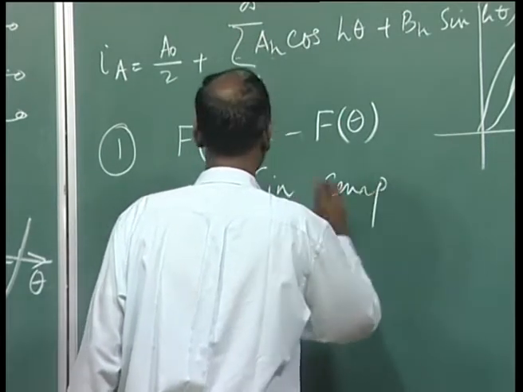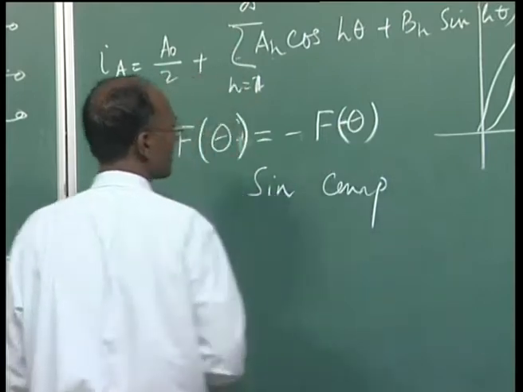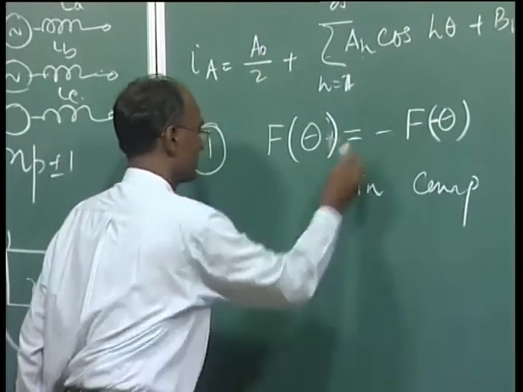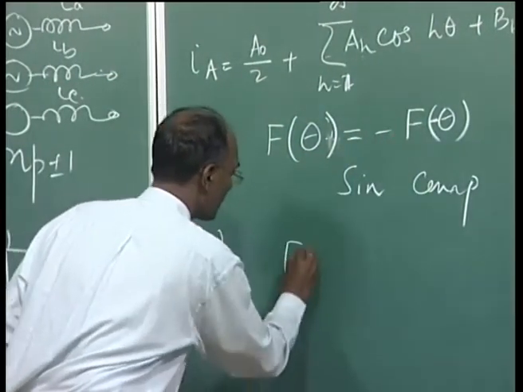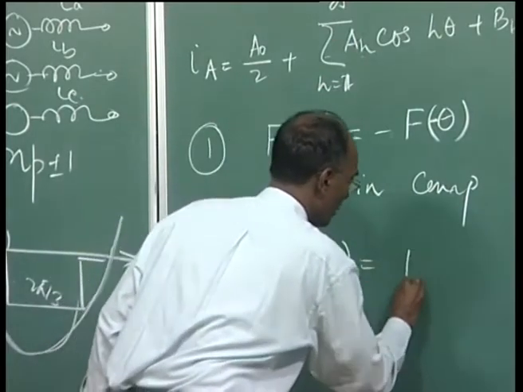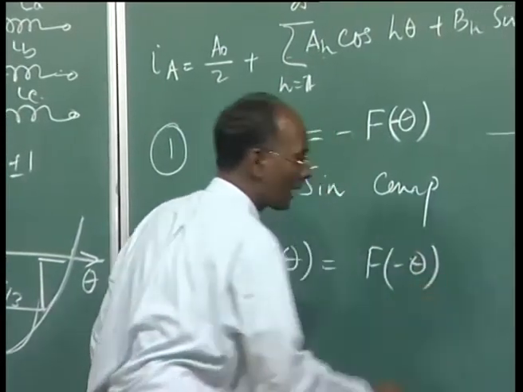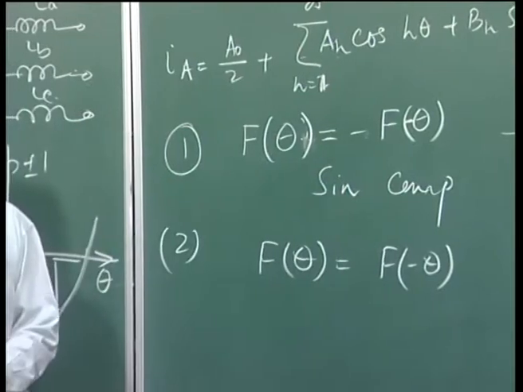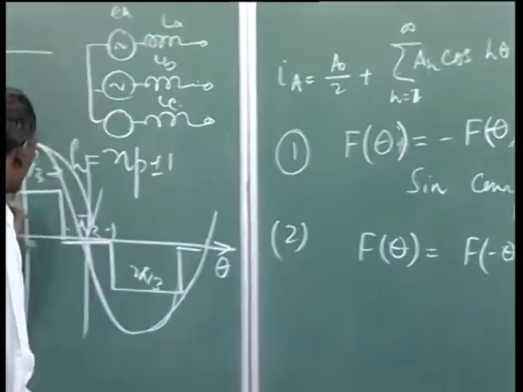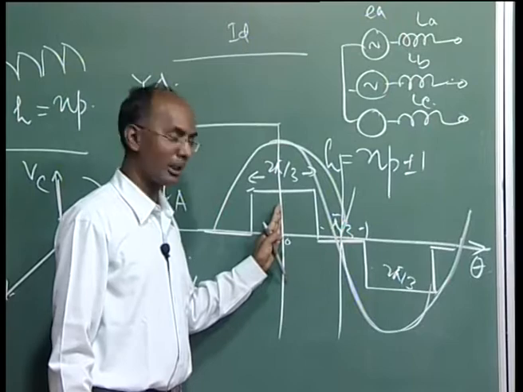Minus of f of minus theta, yes, that's correct. And if f of theta is equal to f of minus theta, then you have only the cosine component. So again it depends on choosing the axis at this point,